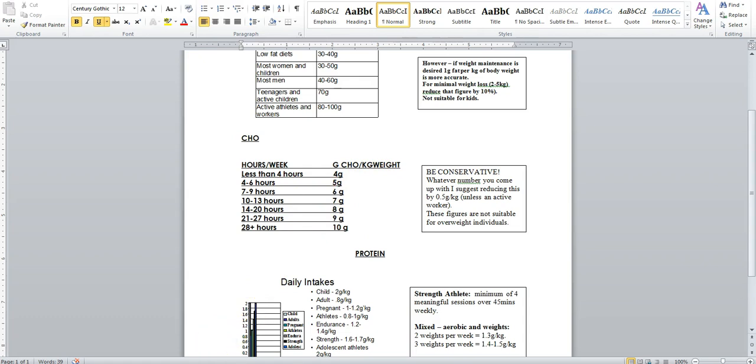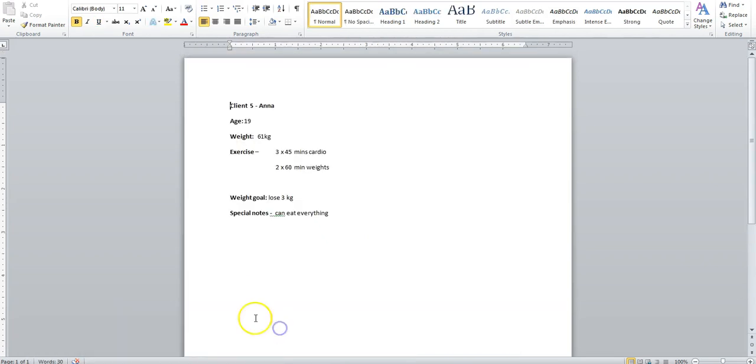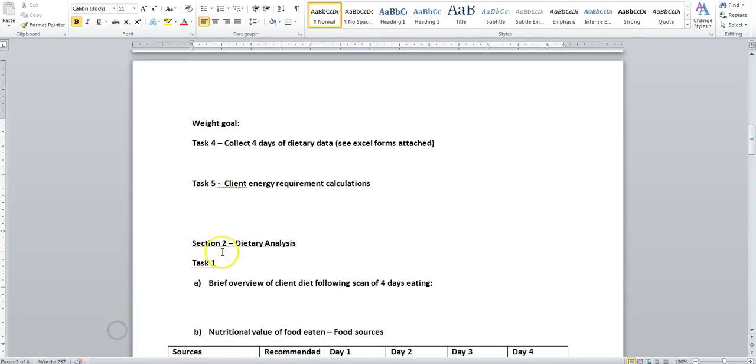Now I want all working for your equations thrown into this area here. So we'd start with carbohydrate, and it would say 5.5 grams times body weight. This person happens to be 85 kilos. It gives you an answer there that you work out. Obviously once you've got that answer, you times it by 4 to get calories,